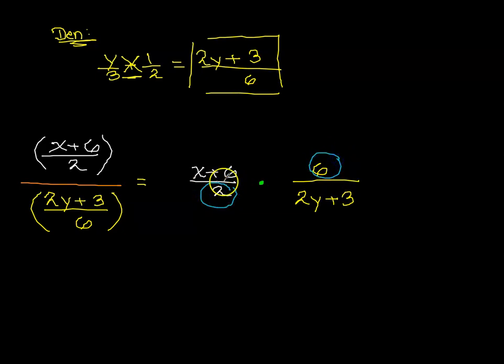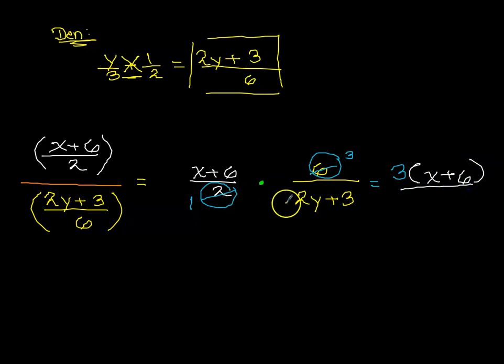So 2 and 6, they can both be divided by 2. 2 divided by 2 is 1. 6 divided by 2 is 3, and then I'm just going to multiply, as stated, straight across. So I have 3 times x plus 6. That's an expression, so keep that in parentheses. Otherwise, distributing properly won't be happening. Over,